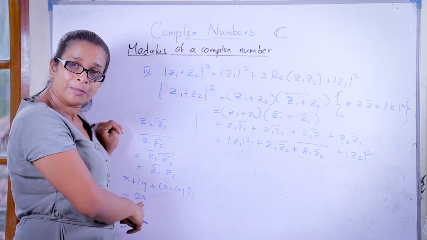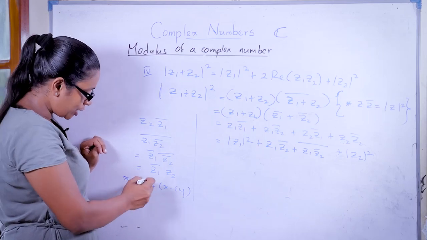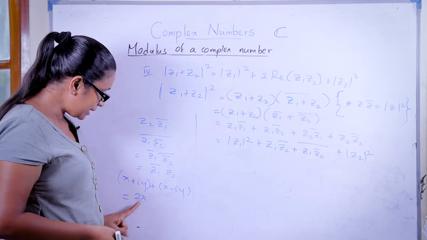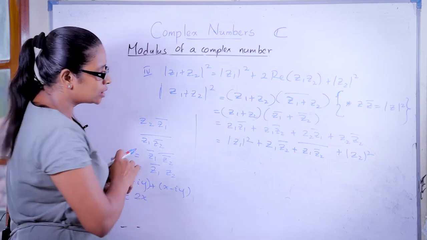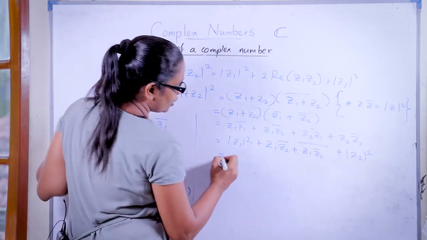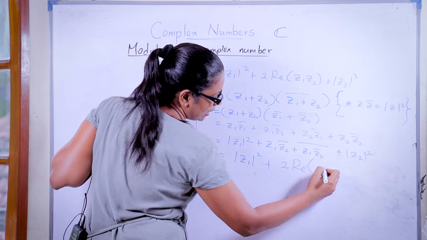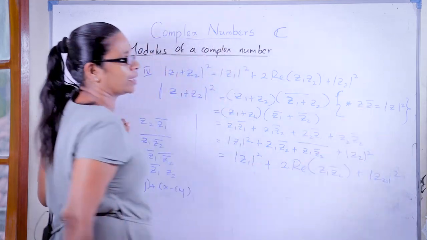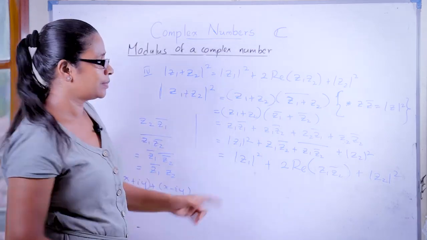What is that meaning? It is 2 times the real part of the complex number. When you add a complex number with its conjugate, you will get 2 times the real part of the complex number. So this is a complex number, and you are going to add it with its conjugate. So you can write it as 2 times the real part of Z1 Z2 bar. Okay, so I have proved the theory. Look at this one, the same theory.